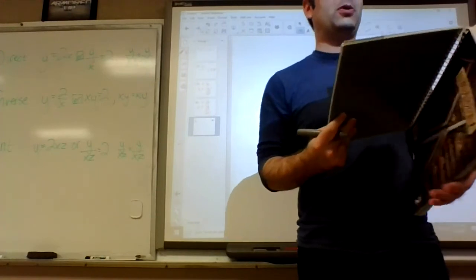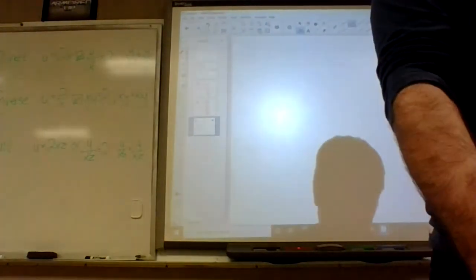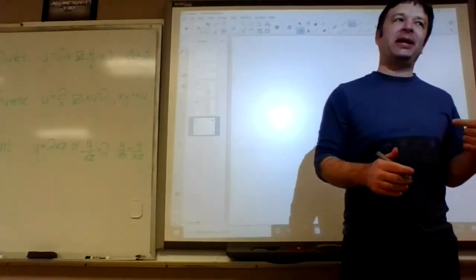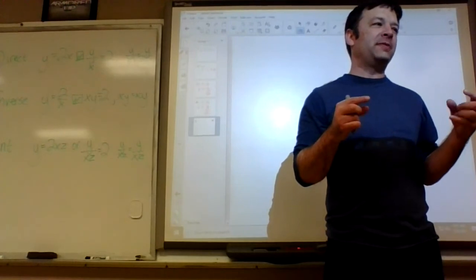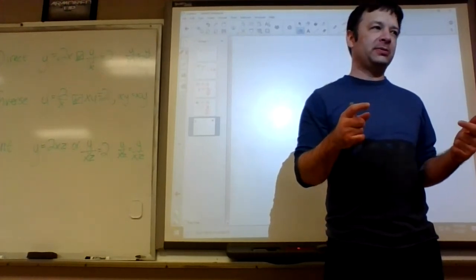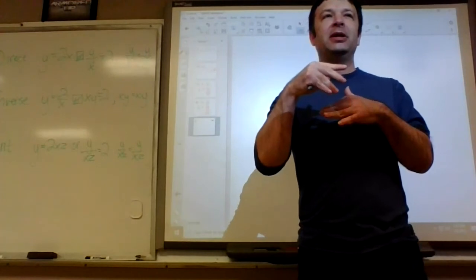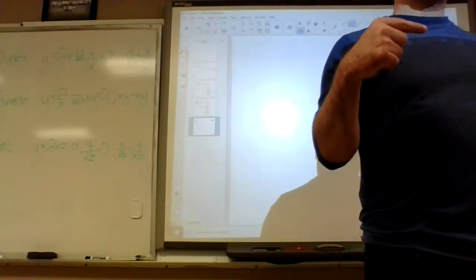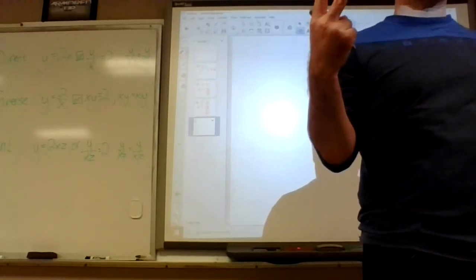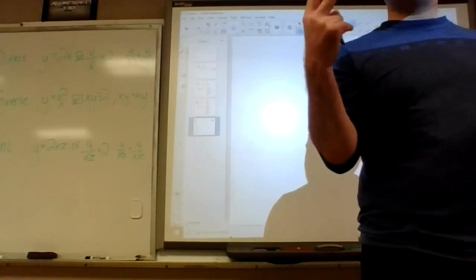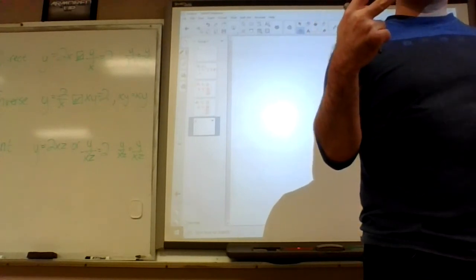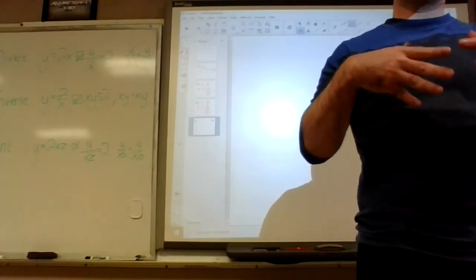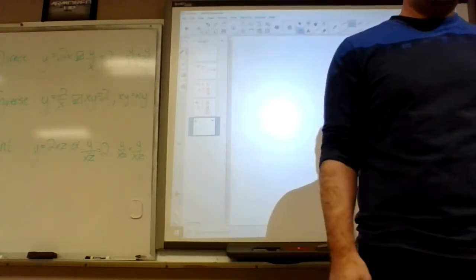We need at least one white. At least one white. So, okay, we can kind of cheat on this one. Because on our last answer, we got the probability of getting exactly one white, which has two ways to happen. But if I want at least one white, what else do I need to include? Getting 2 whites. So if I figure out the probability of getting 2 whites, I just add that to the probability of getting 1 white, which is the last problem. And that will give us the total.